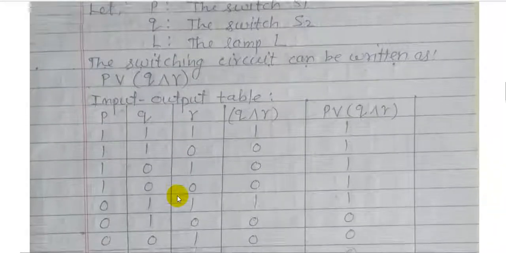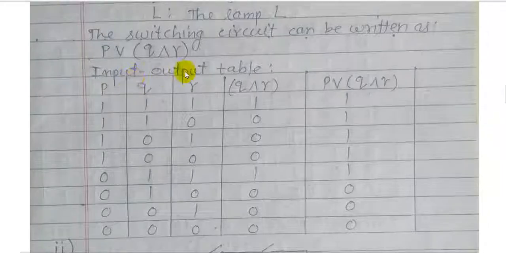So there are 3 different letters. So we write here the input output table. For 3 different letters P, Q, R, we write the same like true and false. So first for P, statement P, we write here 4 times 1, 4 times 0, and for Q, 1100, 1100. For R, 10101010. Means instead of T and F, you have to write 1 and 0.